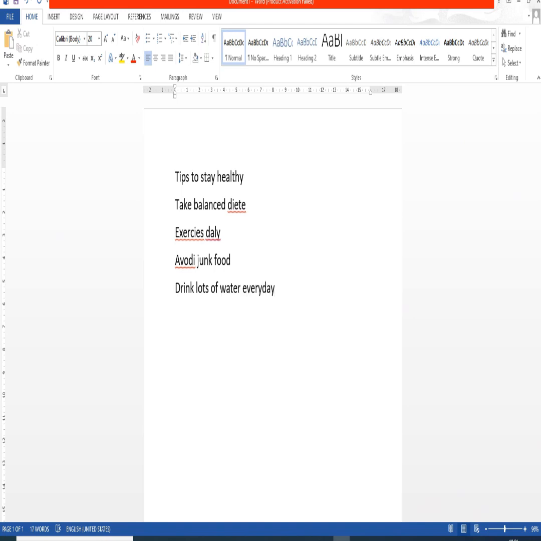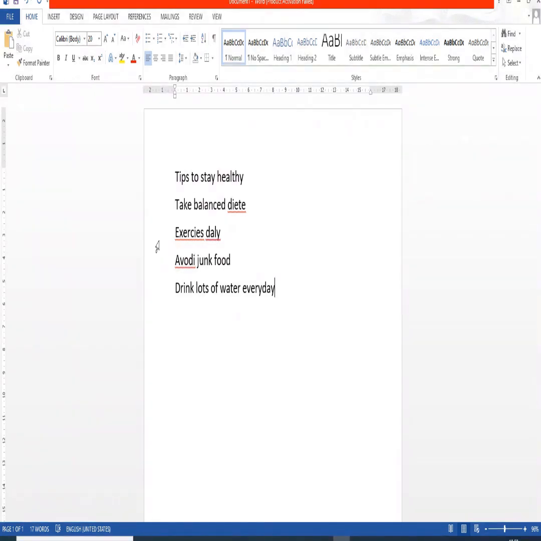So you can see in the document there are a few words that are underlined with red wavy lines. So these words can be corrected by using the spelling and grammar feature. If you find some words with red wavy lines, I already told you that the red wavy lines indicate the spelling mistake.